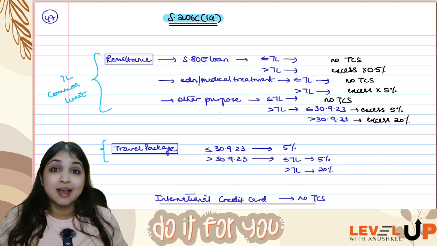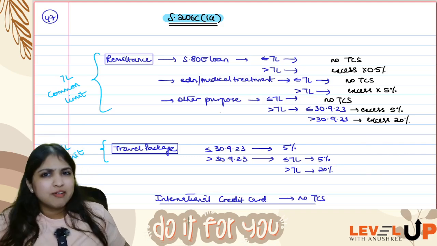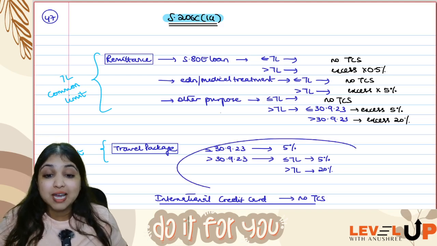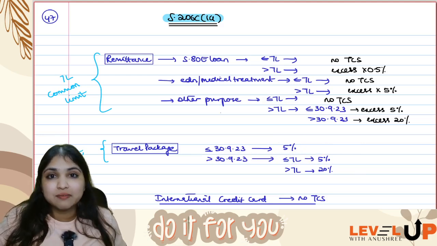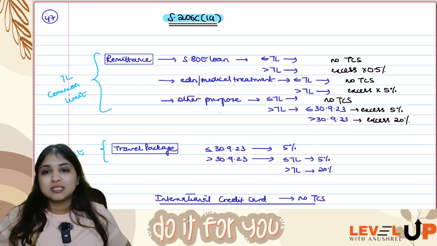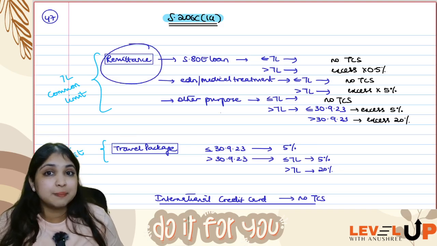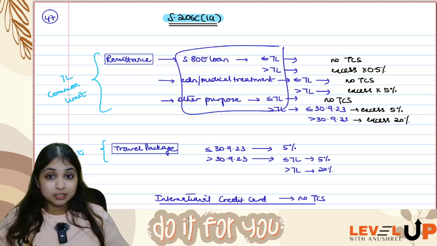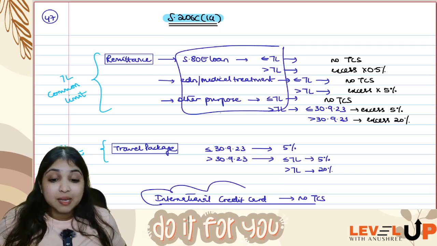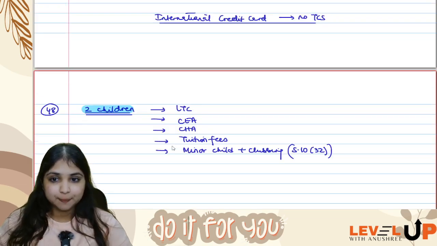But do you have 7 lakhs exemption here? Am I saying up to 7 lakh, no TCS? No. Whether less than 7 lakh, whether more than 7 lakh, you will have TCS. Just that before 30th September 23 it was 5%, and after that up to 7 lakh it is same 5%, but more than 7 lakh it is 20%. Here you will have a separate 7 lakh limit, here separate 7 lakh limit, but remittance 7 lakh limit will be shared between all the three. And also remember, if any payment is made through international credit card, 206C1G will not apply.